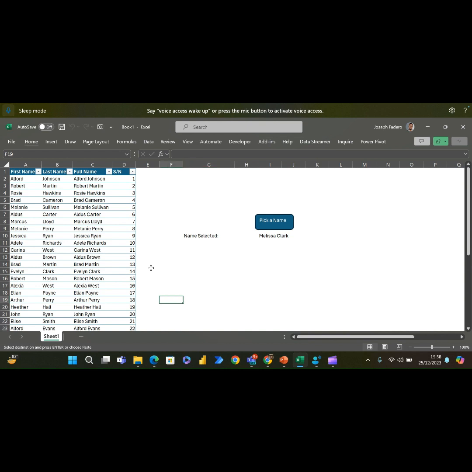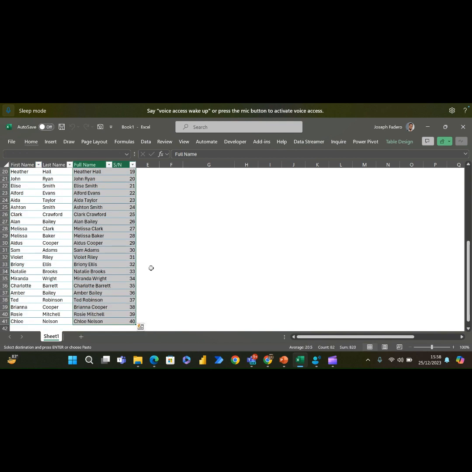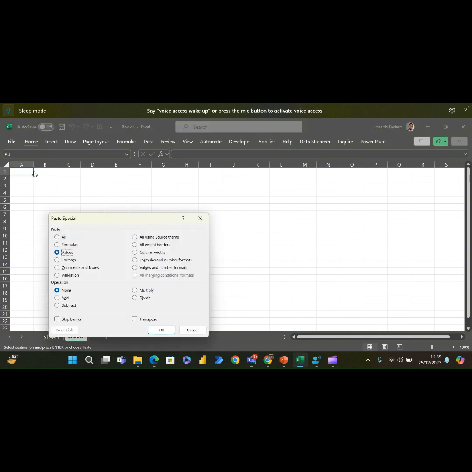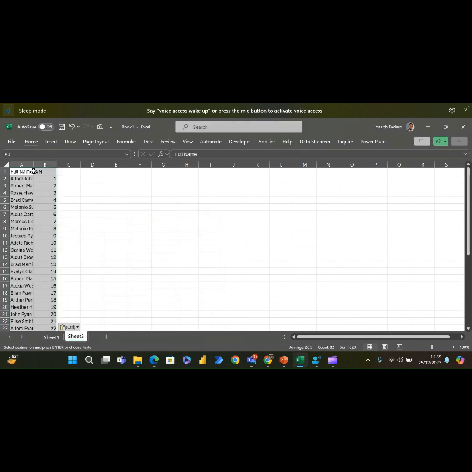So right now we have this table containing the full name and the serial number. We have the first name and last name, though not really too important in this solution. I want to take this step by step. So I'll copy the full name and the serial number, Control C, and paste them in a new worksheet. I could paste it as a table or paste it as special values in my worksheet as well. So once I've copied this information, the full name and the serial number,